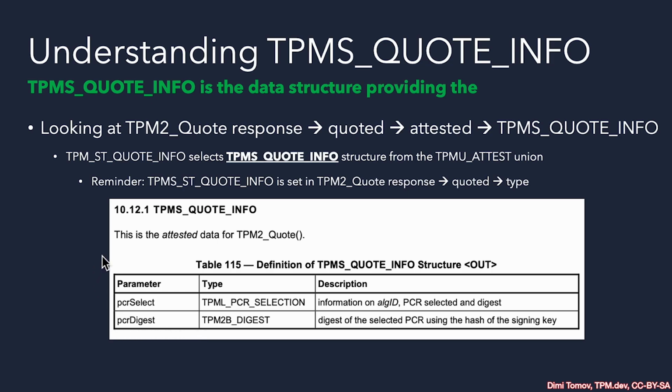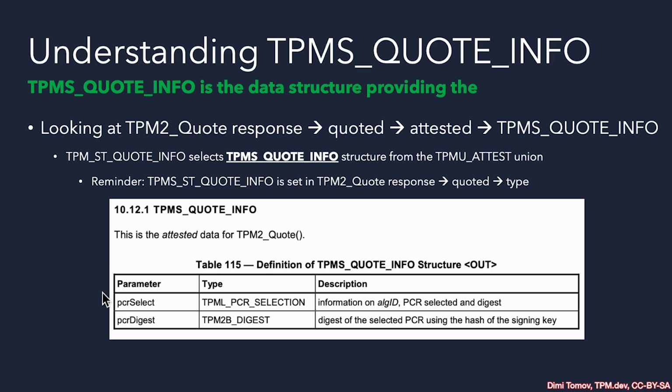And of course, the accompanying data is important as well. But often people get a bit frustrated with the complexity of trying to get through several layers and several unions to reach that data, but this is for a good purpose. We do need to have the evidence of the magic byte. We need to have the extra data option, also the nonce for freshness, and so on and so on. All of these components make the TPM attestation trustworthy.